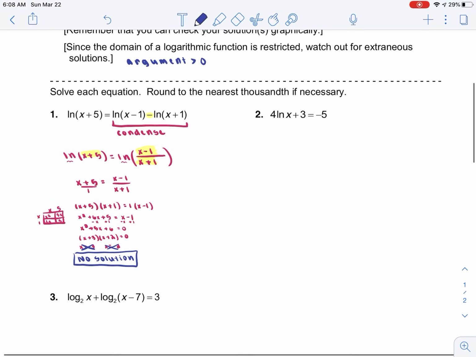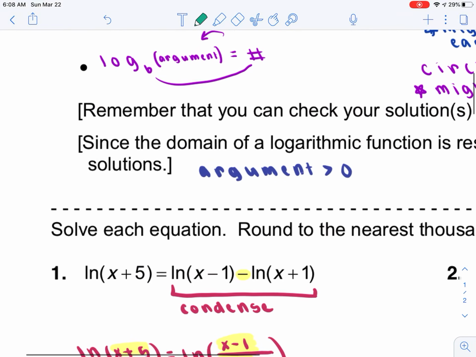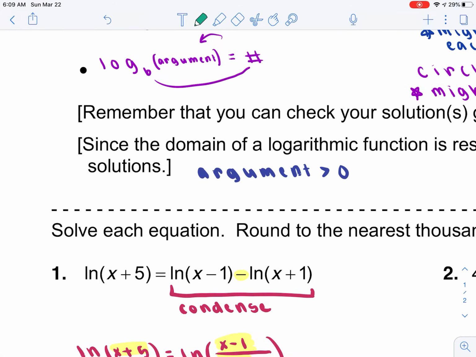So be on the lookout for these solutions that do not work in the problem. And in this case, we start off right away with one that does not work. Going to the next problem, notice that we just have one log. That means we're going to be using the second method where we isolate the log and then do the circle